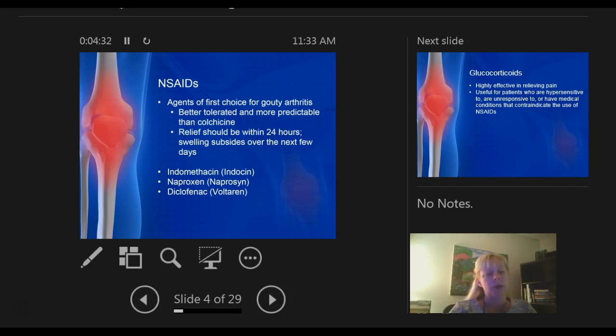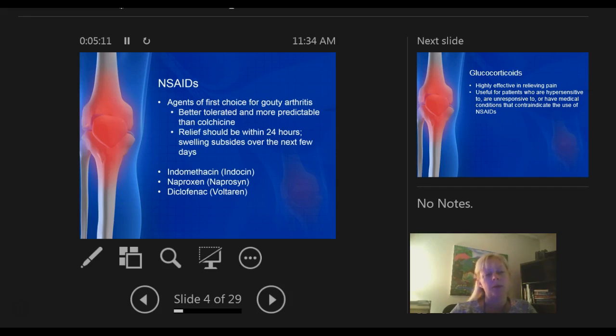Then they changed the dosing, and there's a lot better medication out there called Colcrys, which is colchicine, but it's made a little bit different, so you're not going to see as many of the side effects or the kidney issues that you can see in the old colchicine drug. So underneath that umbrella, under the abortive, goes the NSAIDs first, and then you can go to colchicine. But part of the NSAIDs is indomethacin, naproxen, and diclofenac. Now, I know in the NSAID portion we did talk about naproxen and diclofenac, but indomethacin or Indocin is another one that is under that category, that umbrella.